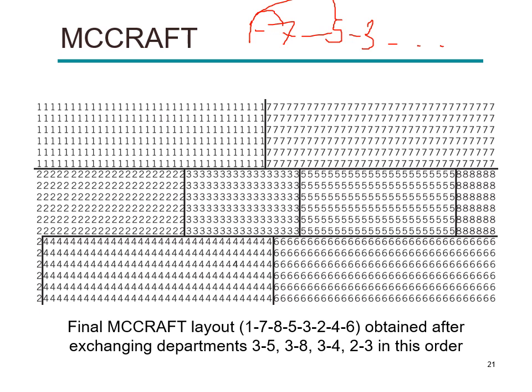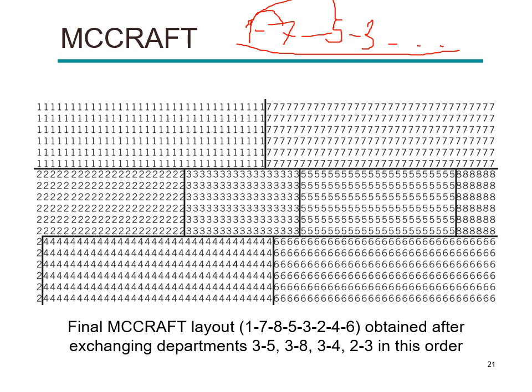But even if that's the case, you can still exchange, because after you make this exchange, MCCraft takes this sequence and starts placing the departments on the layout according to this adjusted sequence. So it finds a new layout corresponding to this new sequence, and this is the final layout that we obtain